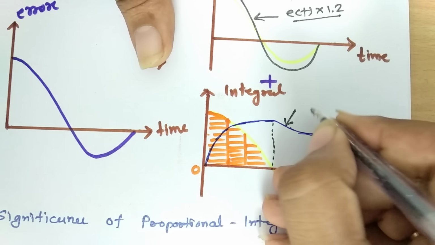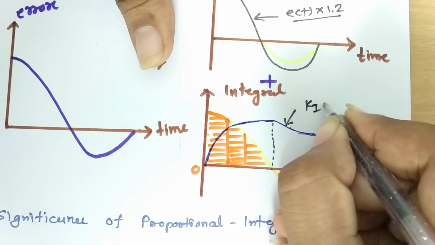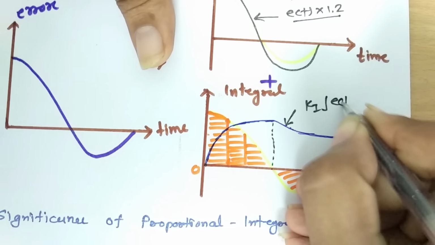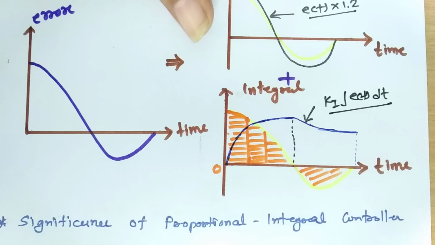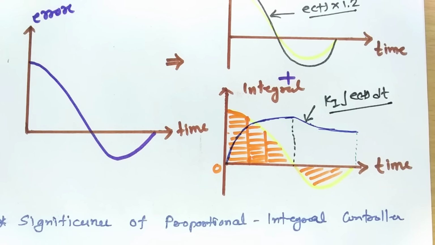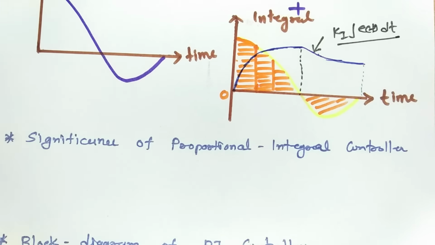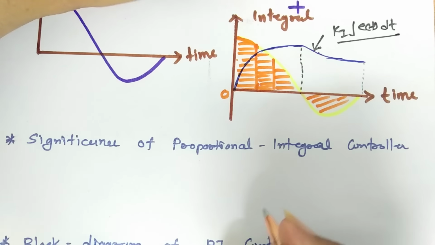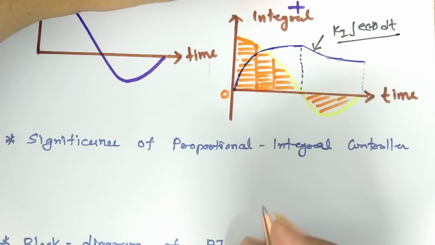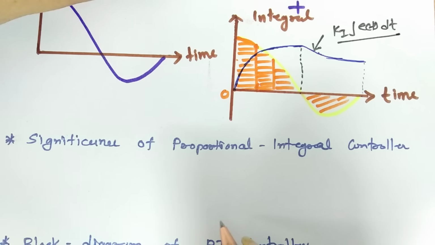So this is what Ki integration dt, this is the integral part, which is what is happening over here. Now what is the significance of the controller output? When we talk about the significance of the proportional integral controller, due to the integral controller, one can say that it is giving output till error is 0.